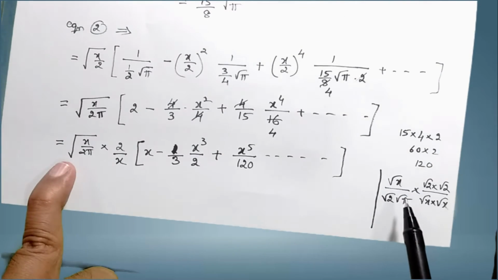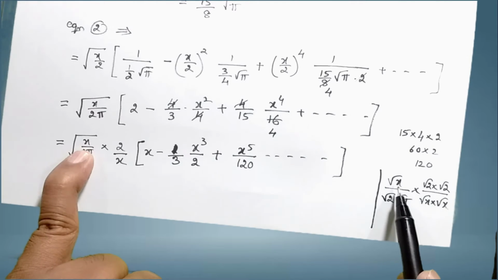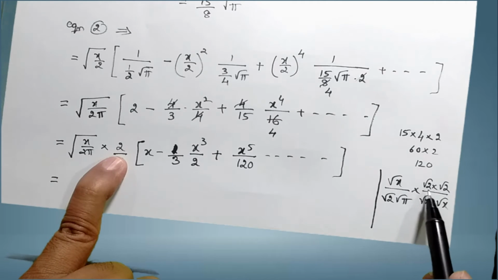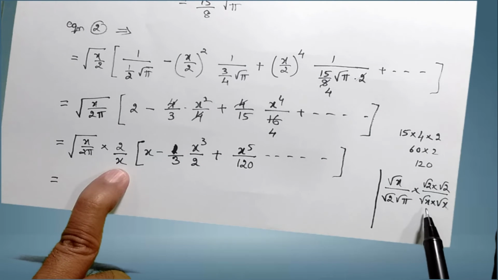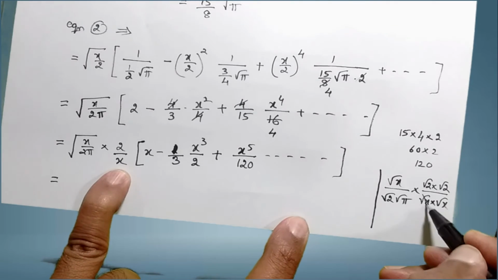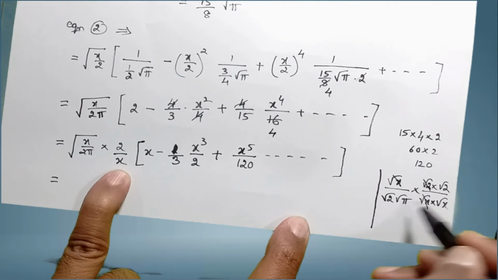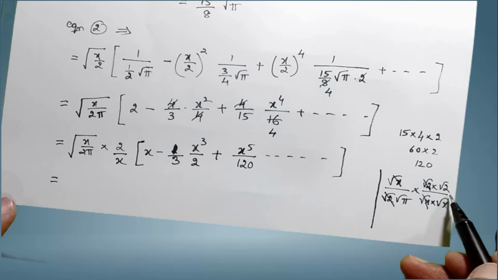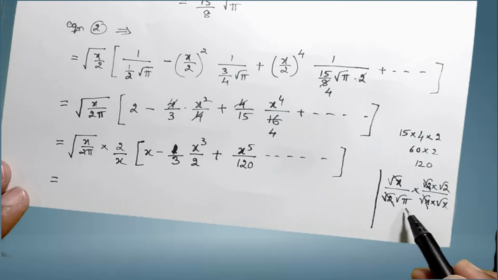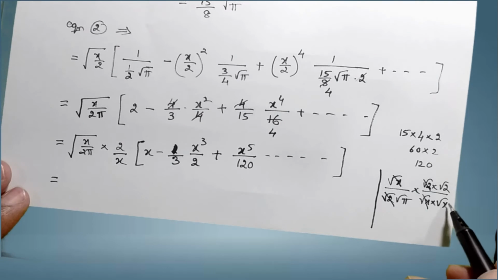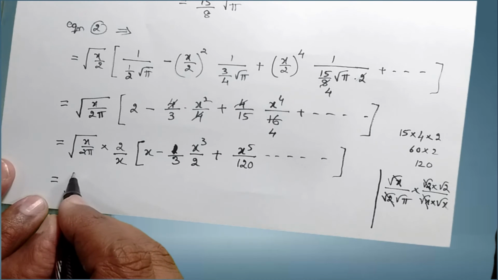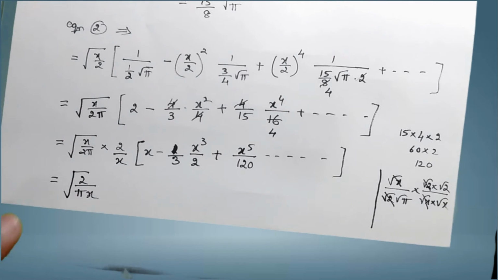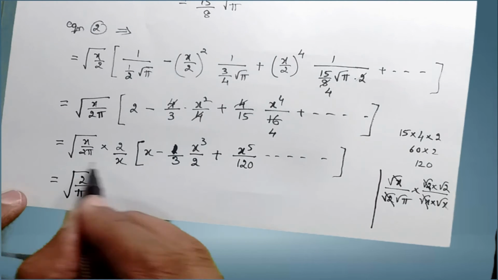So I am writing that root x separate, denominator root 2 separate, and root of pi separate. Here 2 is written as root 2 into root 2. This denominator x is written as root x into root x. So one root x will cancel out. One root 2 over here will cancel out. So what is left out in the numerator? Root 2 is left out. Denominator, what is left out? Root pi into root of x. So everything is under root. Therefore write whole square root of 2 in the numerator. Denominator, what you have? Pi times of x. This is how you can write this complete expression.